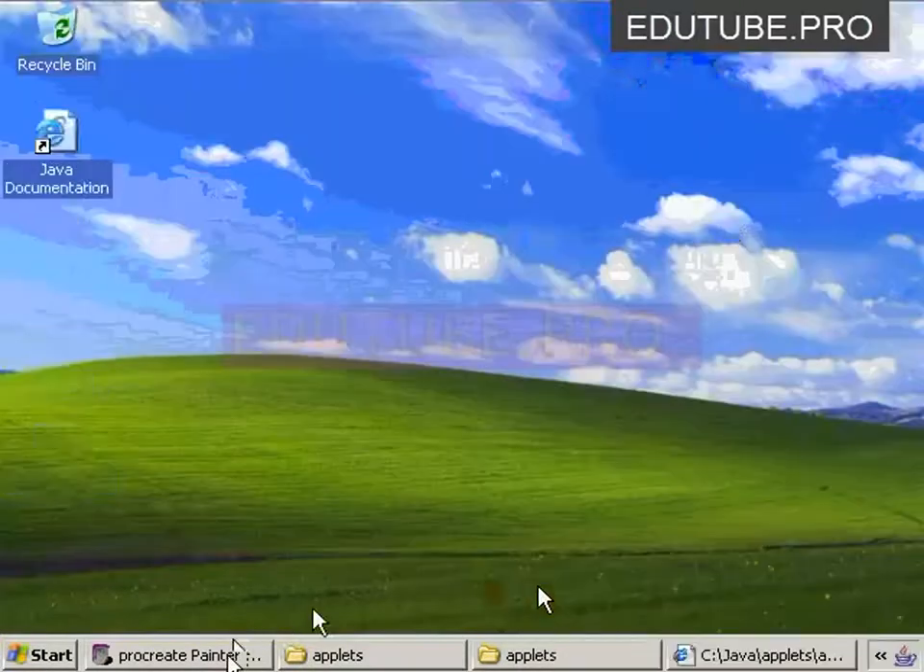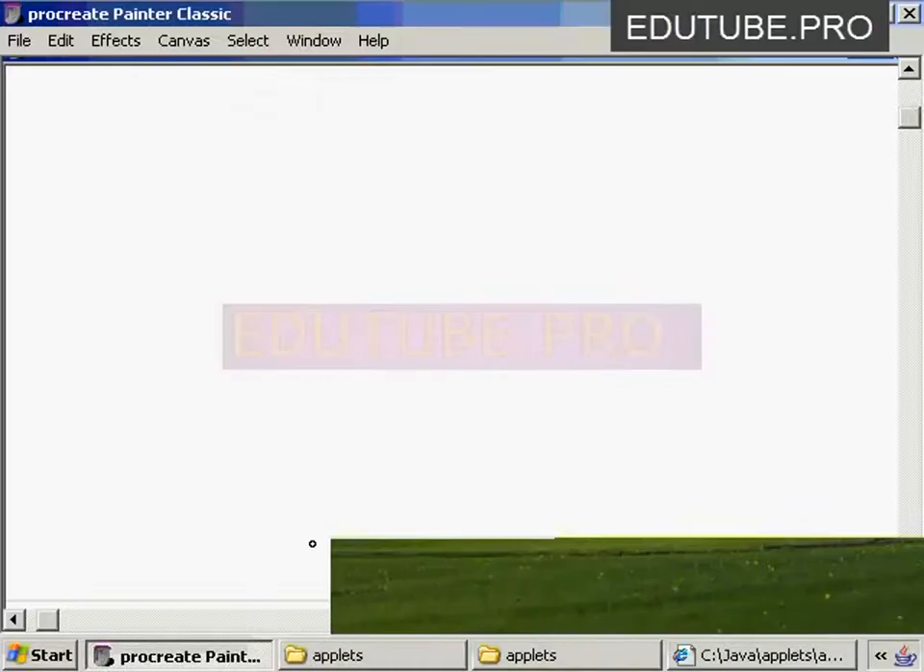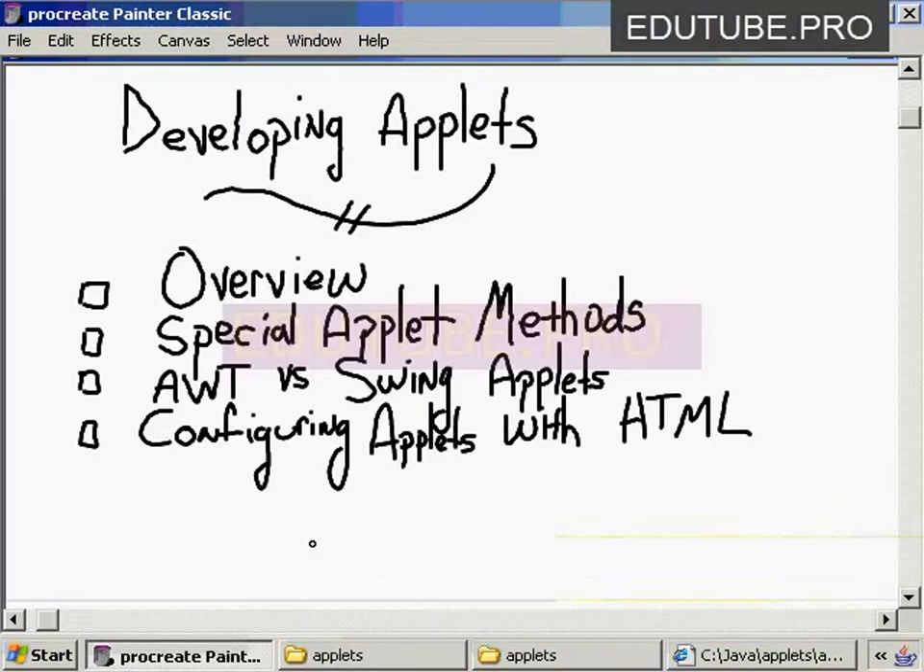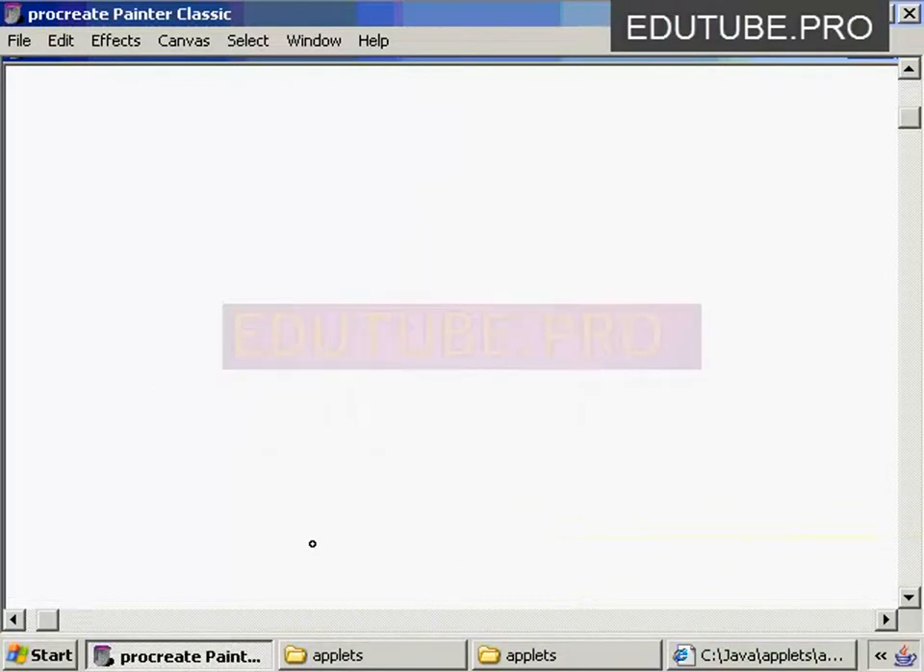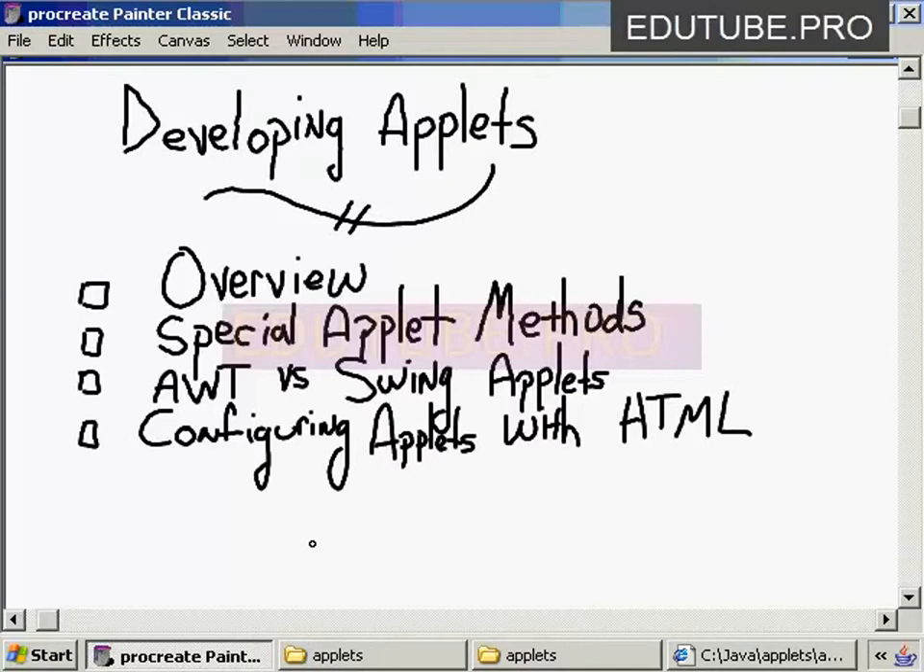Developing applets. What we're going to start talking about is creating, and we're going to start moving into a phase in this next couple of videos on creating web applications and web components using Java. And the first thing we're going to talk about are applets. And I'll give you a quick demonstration of that shortly when I go over the overview of what exactly